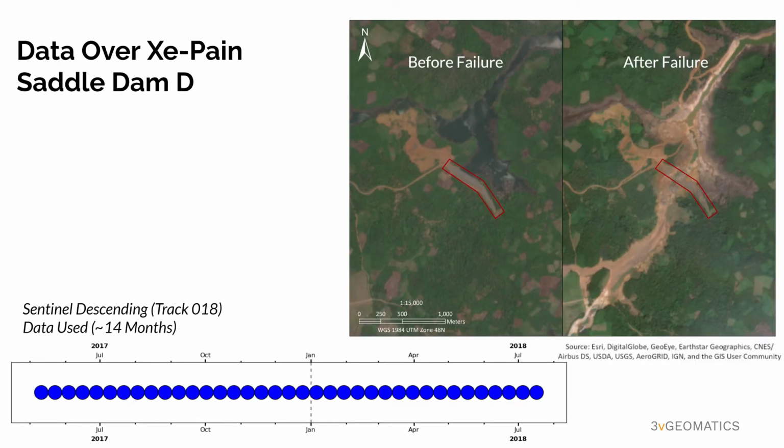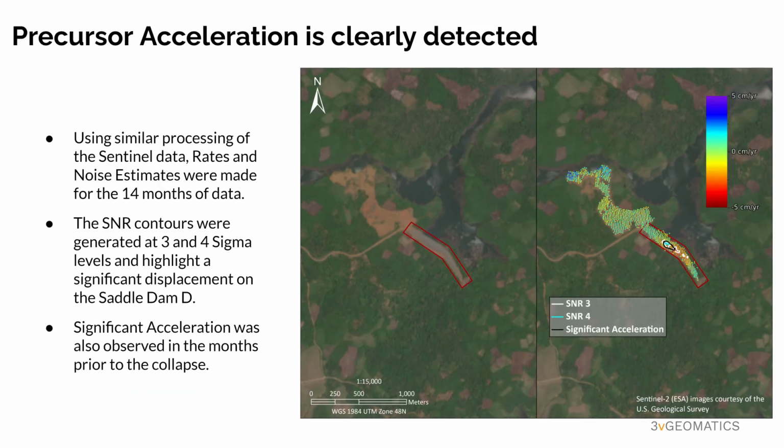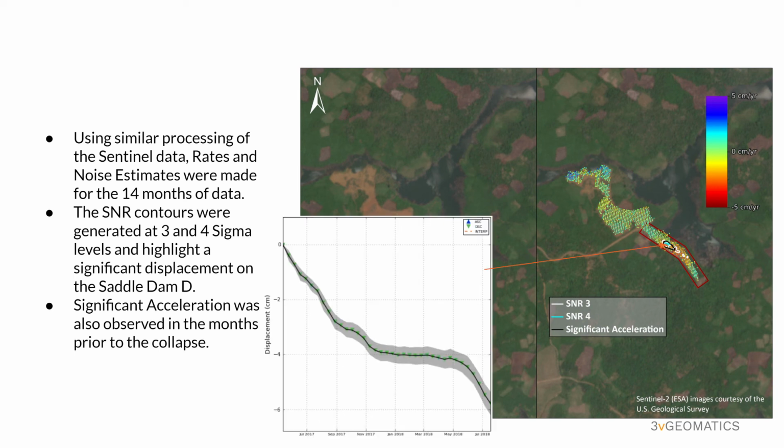We performed the same analysis over the Saipan Sainamoy site, where the results were very different. The dam is outlined in red. Displaying the 20 previous slides in one slide, now we're showing the monitoring output program, where the rate, signal to noise, and acceleration detection are all concisely displayed. By selecting a point within the SNR contour on the dam, the time series and error estimates are displayed.